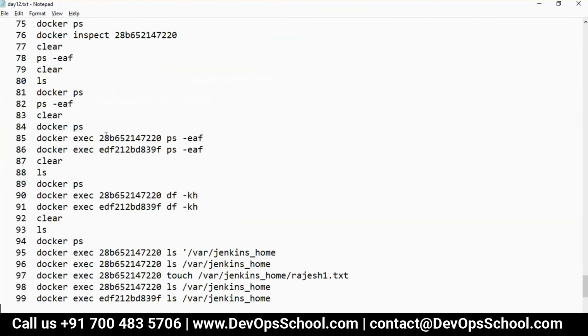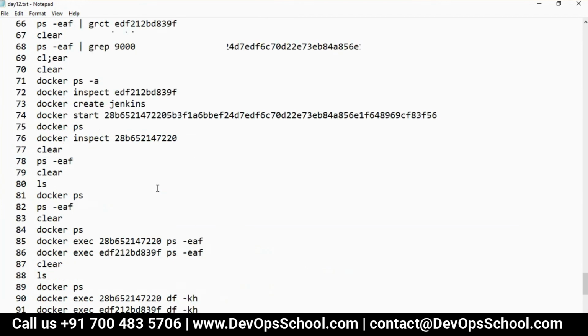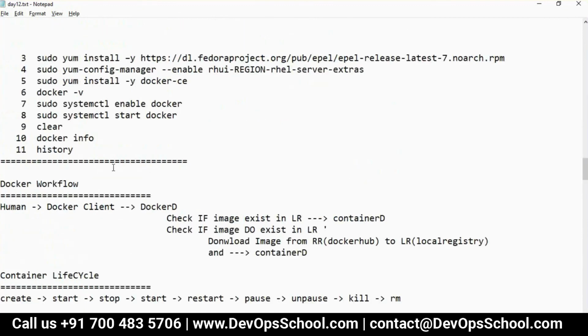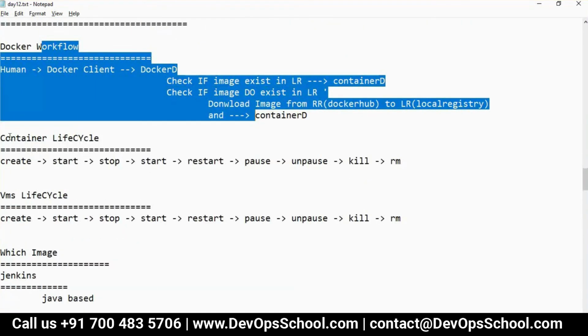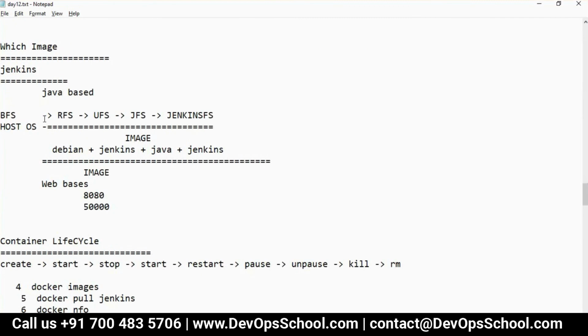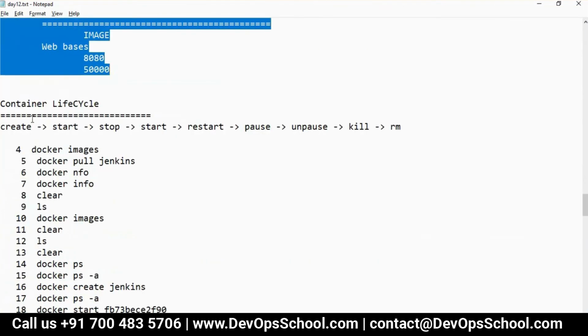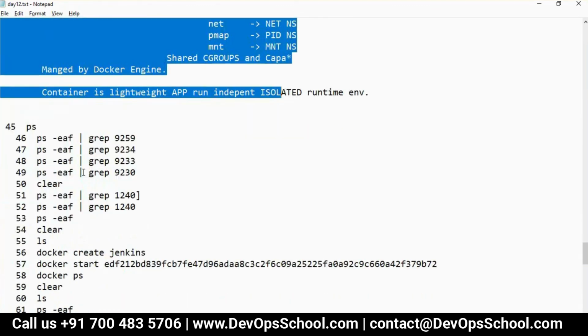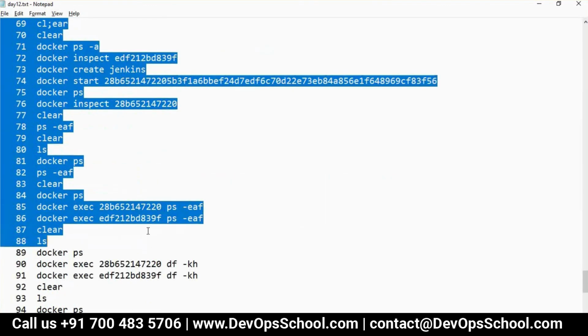Yes, Rajesh. Okay, great. So guys, I think I have shown you how to install Docker, then discussed the Docker workflow, then the container lifecycle, then which image I'm going to pick up, then the container lifecycle demo, and then proved what a container is with these commands running in front of you. Now I'm going to give you these notes, and at the same time about 45 minutes to try the same thing in your boxes, and then after that I'll move on to the next topic.